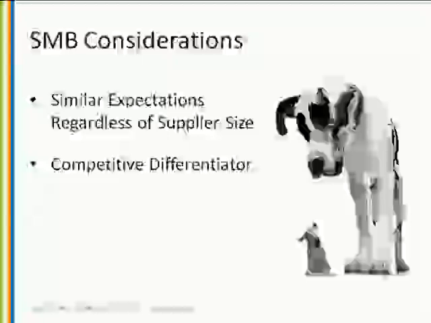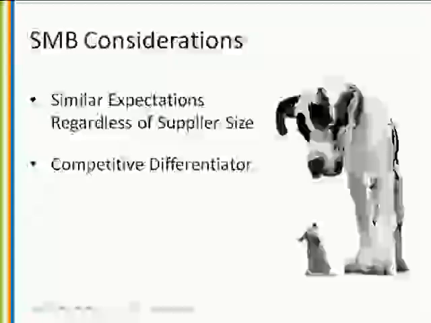And so on the next slide, I think the bottom line here is that unfortunately for smaller businesses, they ultimately should be on the receiving end of relatively similar expectations, regardless of their size. And by investing in thinking about business continuity on their end and making their customers feel good about their preparedness efforts, that ultimately can be a competitive differentiator. It can certainly preserve market share or preserve that customer relationship, and it might ultimately lead to winning business, especially for organizations that are extremely focused on risk management.